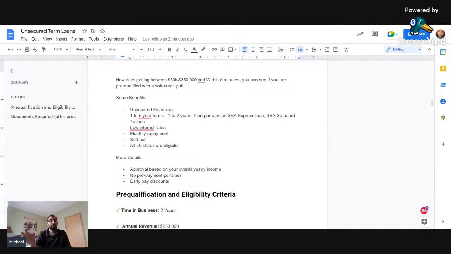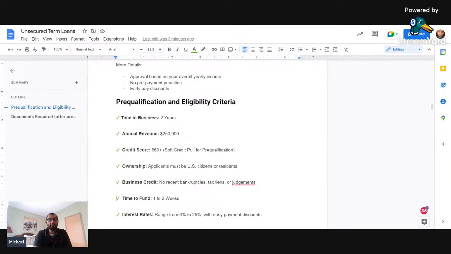If so, we can take that number, and we can also look at the average monthly sales and look at the two, base it off the highest amount, if that makes sense. In a lot of cases, it's the average monthly sales. We look at the monthly revenue as well. And you hear a lot of monthly revenue when it comes to like the cash advance type of products. Over here,